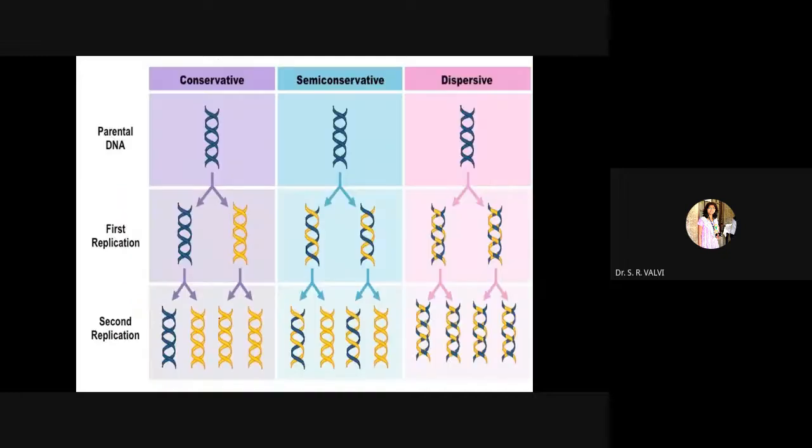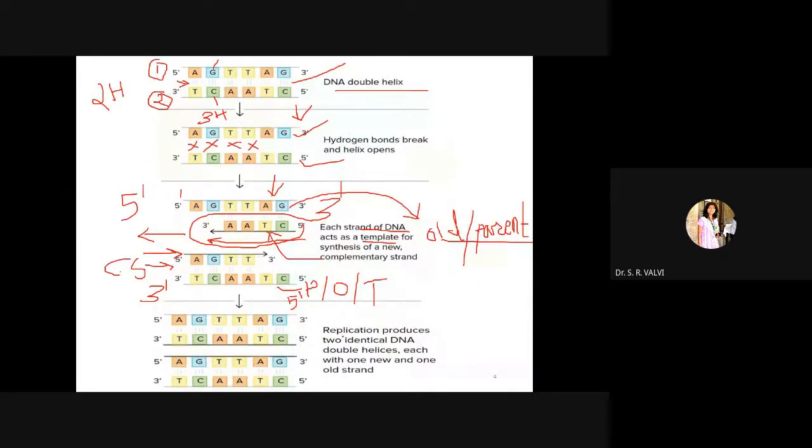Now in the next step, see here, the replication produces two identical DNA. Now, what is going to form? See here, the identical DNA are these. This is one DNA, this is the other DNA. So this is DNA number 1, which is exactly similar to the one above. Are you getting it? Here you can see even the base pairs A, G, T, T, A, G, right? Let me change the color of my pen.